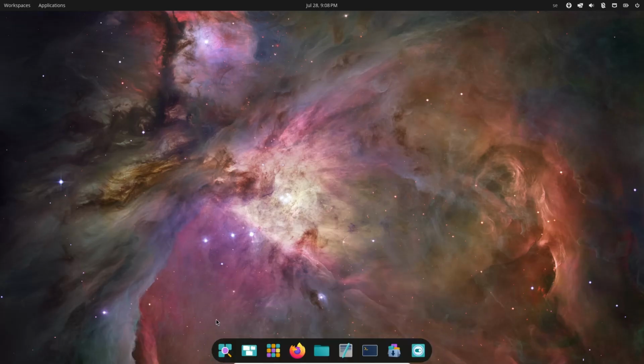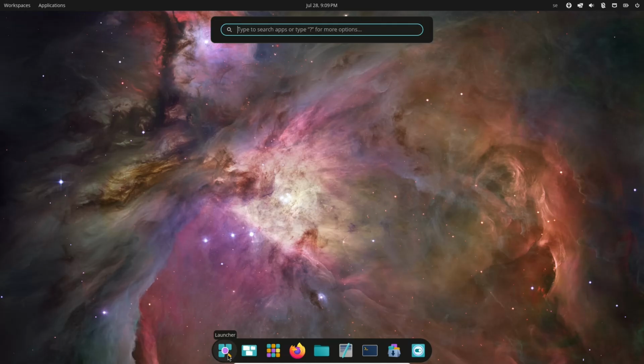Now we have two panels, one in the top and one in the bottom. This is the Cosmic desktop. If we look at the bottom, the left one is a launcher, and it opens a search field for applications.